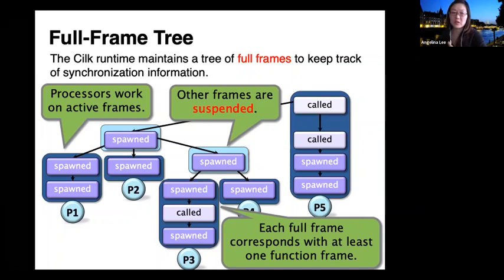If it has been stolen, I have potentially true parallelism underneath and need to keep track of who else is executing subroutines. So the runtime maintains a tree of what we call full frames to keep track of such additional information.